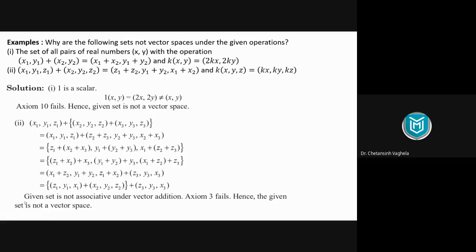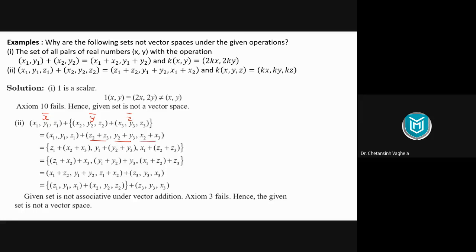Yeah, it's condition number 3, I guess. The associative property. I have this in my PPT. Condition number 3 is not satisfied here. As you can see, I'm starting with X bar, Y bar, and Z bar. This is my X bar, and in bracket, I'm taking Y bar plus Z bar. So first I need to add Y bar and Z bar. Because of my operation, I need to take the Z component first, then the Y component, and then the X component.